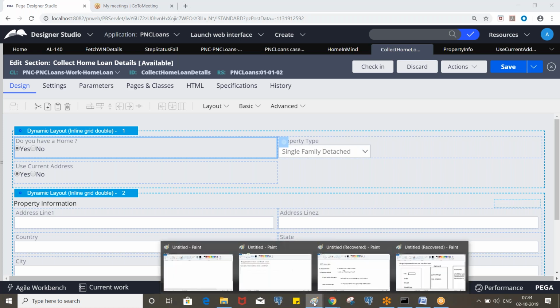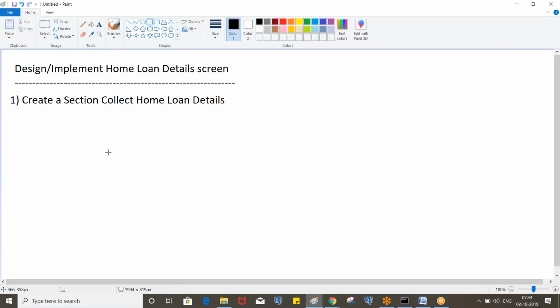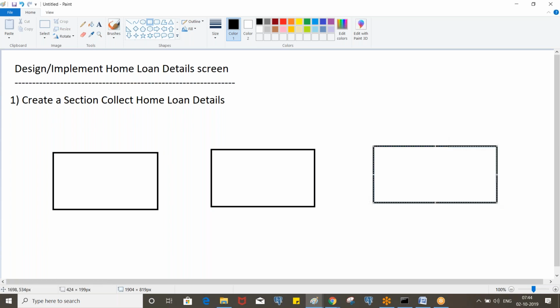So where do we have that loan purpose property, in which screen? The second screen called loan details, right? We have 3 different screens in the home loan: borrower details, then loan details, and collect home loan details.